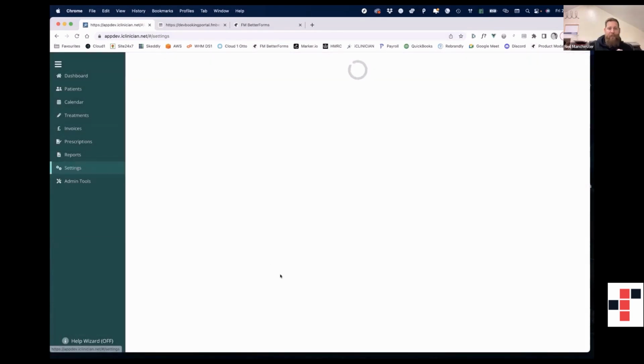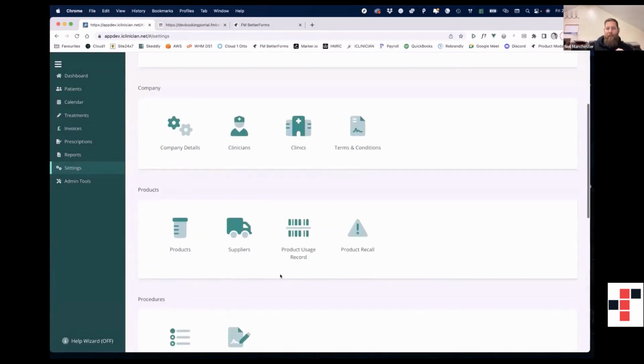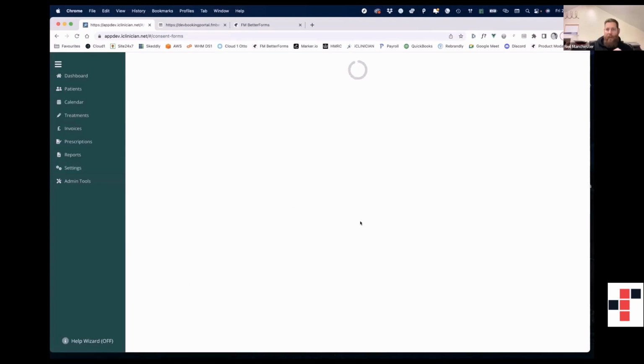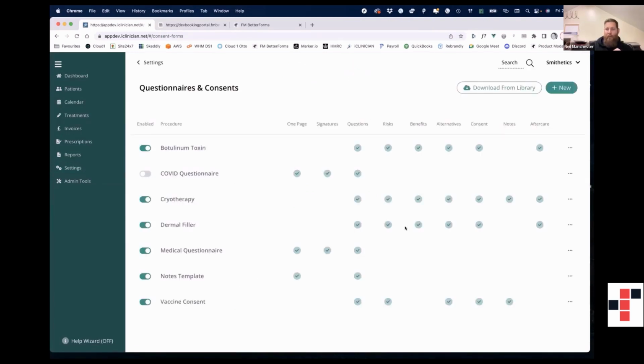there are so many different treatments that clinics can offer that whilst I've built a lot of consent forms for people to download, there's always another consent form for a new treatment or for something that is quite unique to a clinic. All clinics want to be able to have their own bespoke consent forms. So I built a consent form builder. So let's go and have a look at one of the ones that's already got stuff in. So if I edit this one, the Botox botulinum toxin,